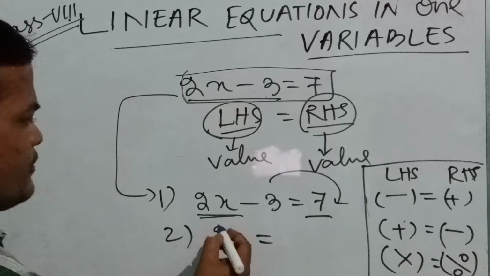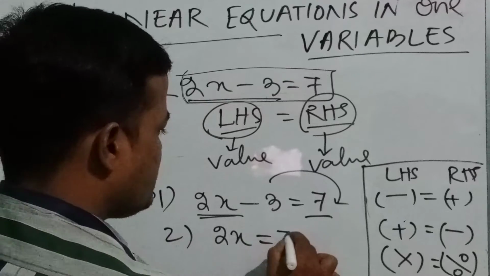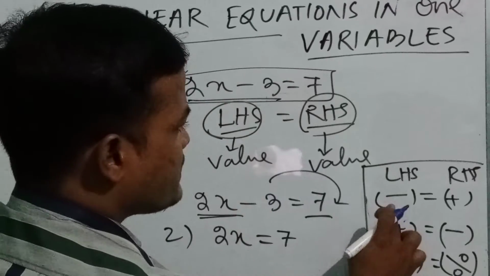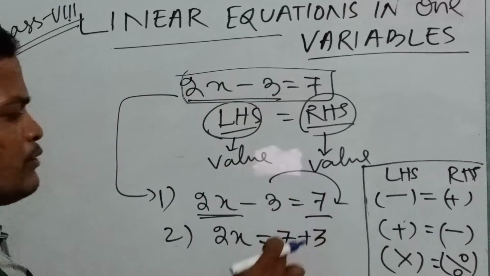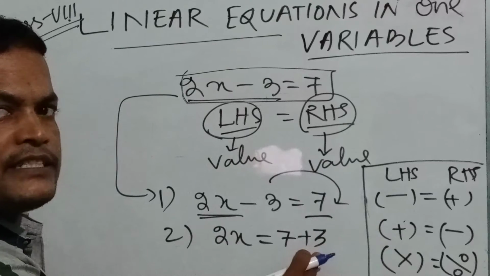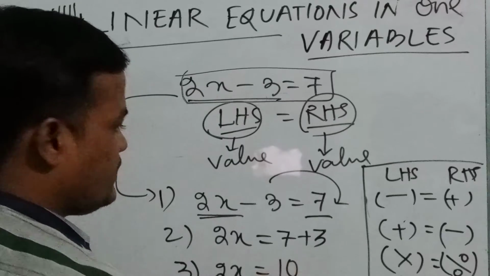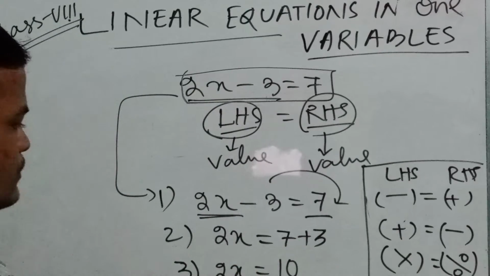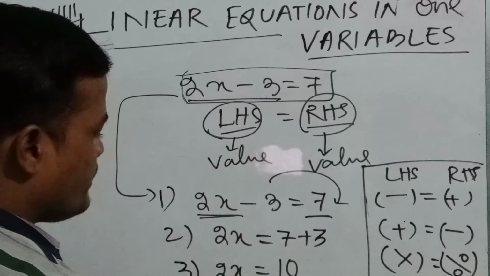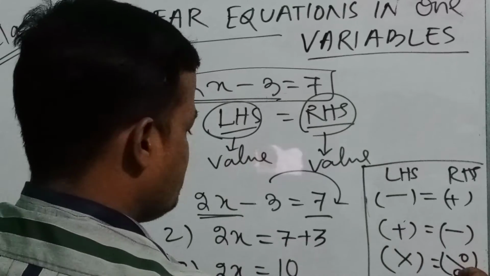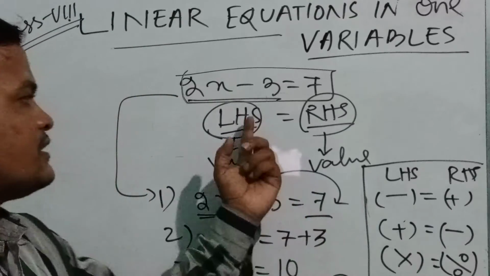So let us see. Now you are finding what, 2x. So minus 3 will be coming towards this right side. Minus opposite will be plus, so 7 plus 3. 7 will remain there, and minus 3 which is going to that side becomes plus 3. So in step number 3 what we are getting: 2x equal to 10, since 7 plus 3 equal to 10. Step number 4: x equal to 10 by 2, because 2 is multiplied, so the opposite of multiplication is division. So x equal to 10 by 2 equal to 5. So this is the answer. This is the solution of this equation.